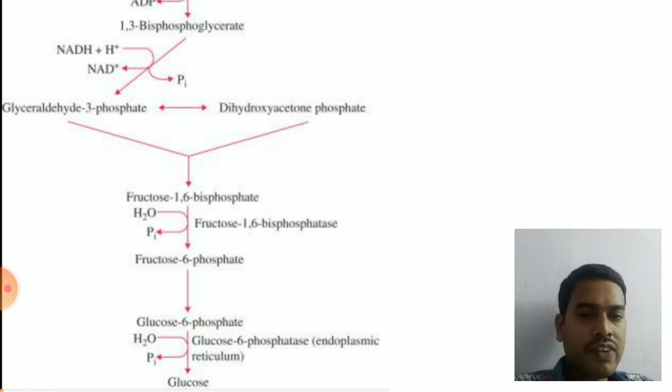Now glucose 6-phosphate will be converted into glucose, and the enzyme is glucose 6-phosphatase, which is present in the endoplasmic reticulum. So this gluconeogenesis especially takes place in the liver, and we have seen this process in the Cori cycle, where glucose metabolism, glycolysis, happened in the muscle, and glucose synthesis, gluconeogenesis, happened in the liver. So all the enzymes are present in the liver, and the pathway is cytosolic, mitochondrial, and some endoplasmic reticulum enzymes like glucose 6-phosphatase are used to convert glucose 6-phosphate to glucose. So finally, from pyruvate, the glucose is synthesized.